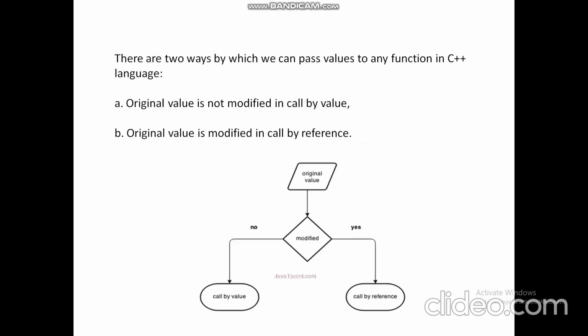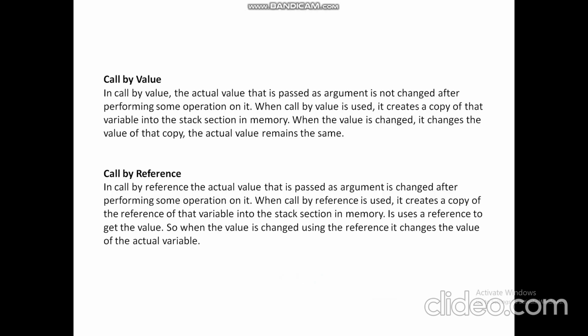In pass by value we are passing the value, so the value is not modified, meaning whatever we passed first will not be changed in the main function. And in call by reference we actually refer to the memory stack where the function is being stored, so that is why the value will be modified. You can pause the video and read it in depth, how we can change the value. So it's all about the memory location.